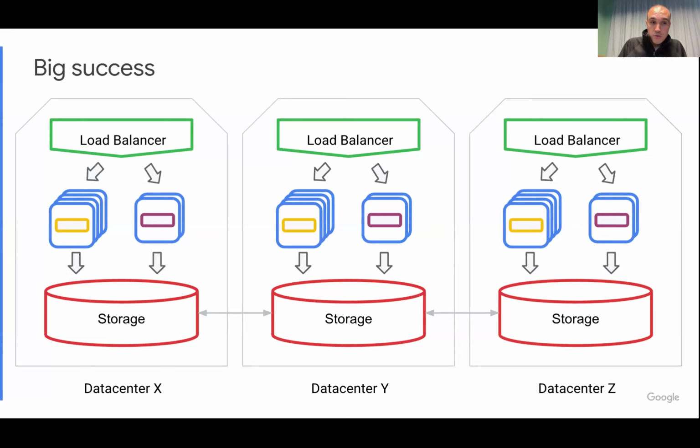Now, is the data for these new users that you were not intending to serve in this data center available there? Because if data center X is gone, you are going to need to serve from the other location. But at the end of the day, the requests are going to go through to the storage. Is the data there? So you are going to need to be replicating all the storage across data centers, so they all have all the data in this design.